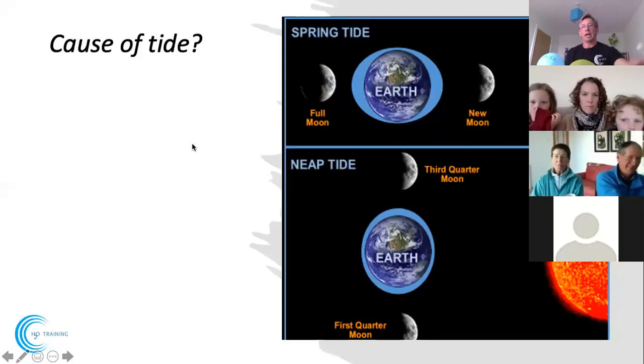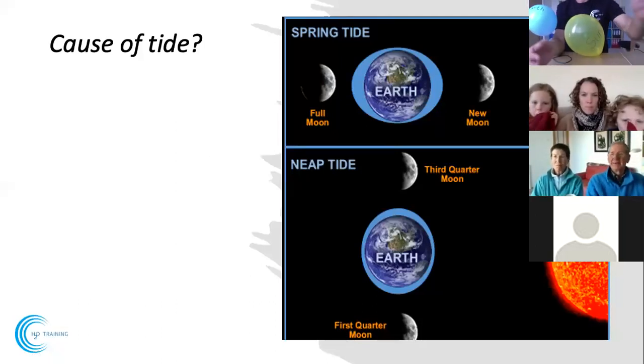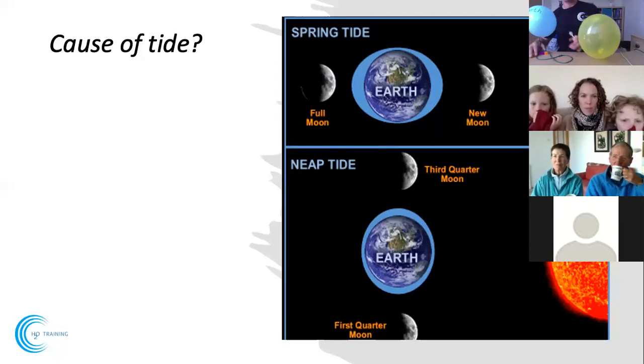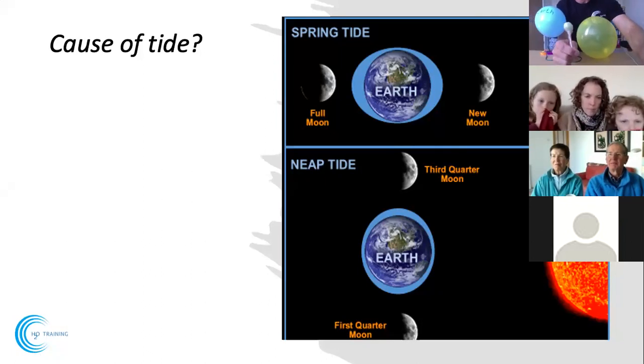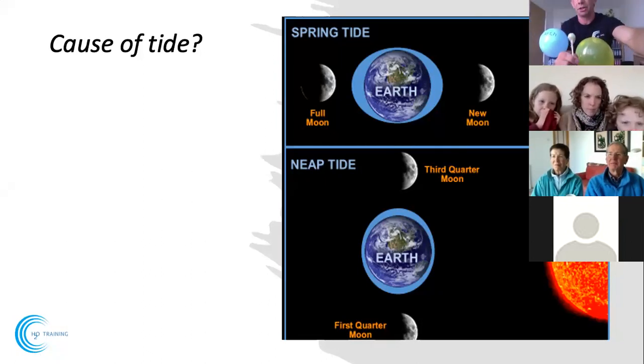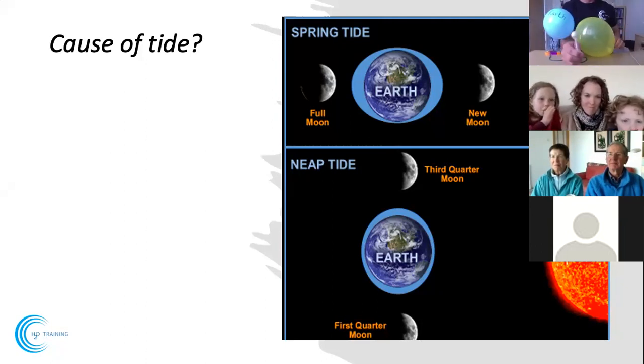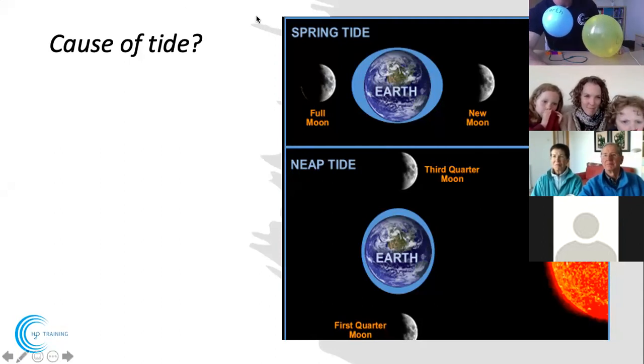Okay, so we have the sun and we have the earth, and this here represents the moon. Now, people say the moon is made of cheese. Actually, it's made of sugar, which is really good because it tastes really nice, and we can have that later on. But effectively, if you think about the earth, the only part of the earth that's movable is the water.